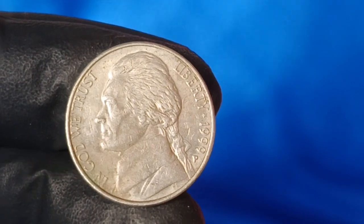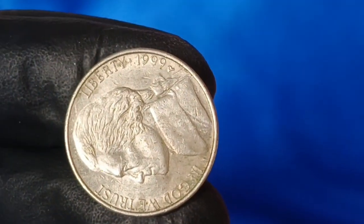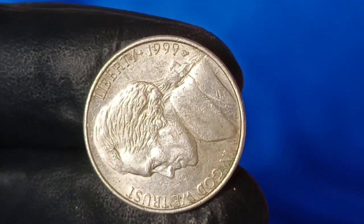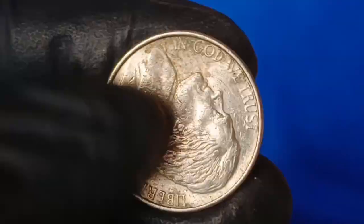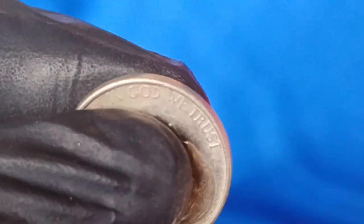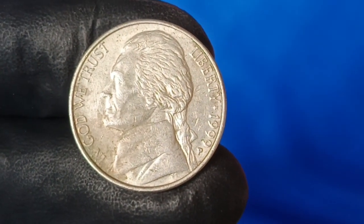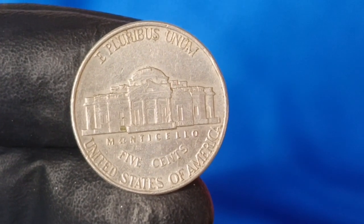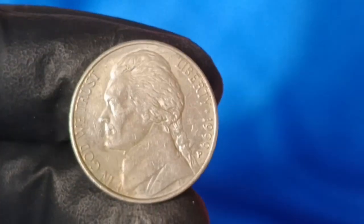One of the most coveted errors in coin collecting is the double die, where a misalignment during the hubbing process causes elements of the design, such as letters, numbers, or Jefferson's profile, to appear doubled. A dramatic double die obverse on a 1999 P nickel, particularly if it affects the date, Liberty, or Jefferson's portrait, could significantly increase its value, potentially fetching thousands of dollars if certified in high mint state, such as MS-65 or above, with pristine surfaces and clear doubling visible to the